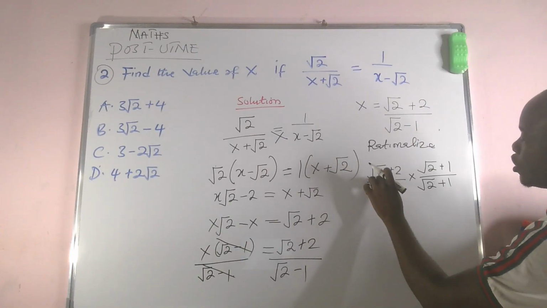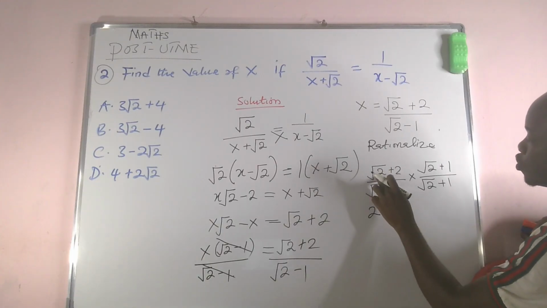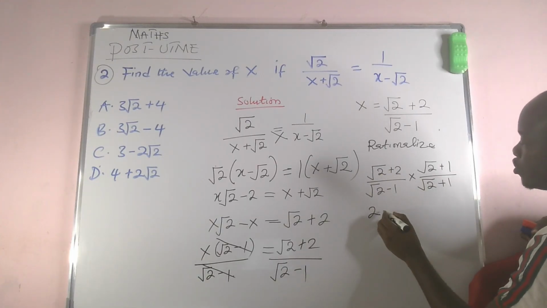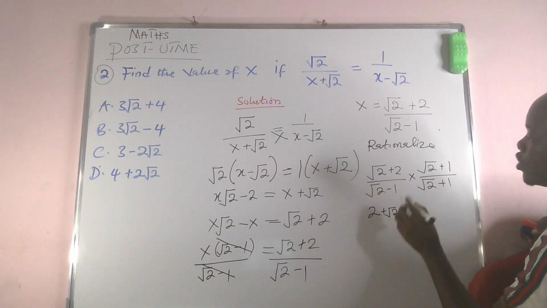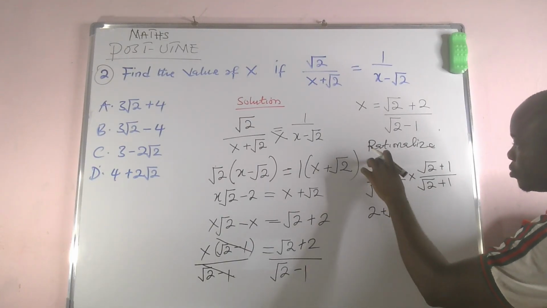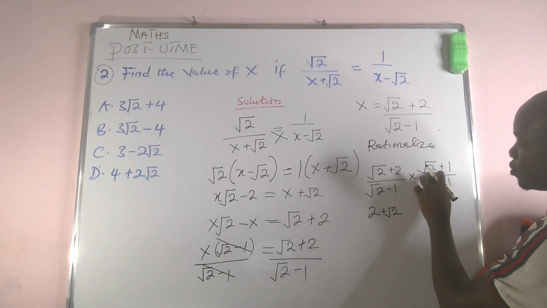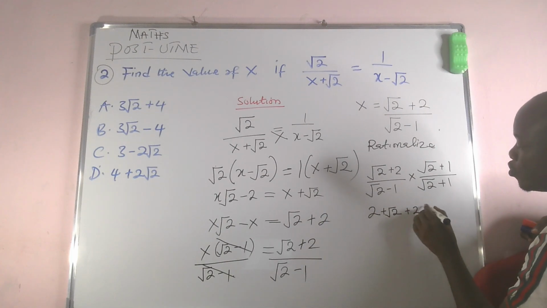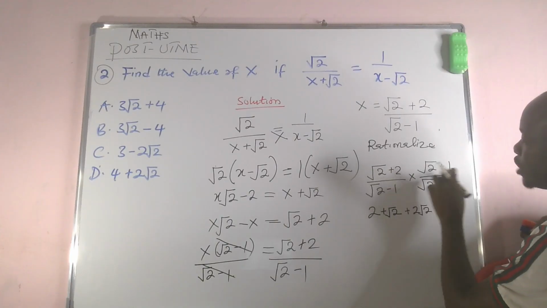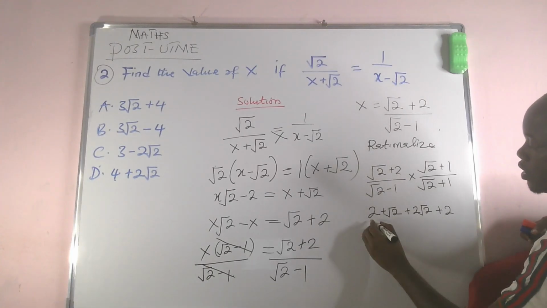We are now going to say root 2 times root 2 is going to give us 2. Root 2 times 1, so is plus. So root 2 times 1, we have root 2. Then we now finish with multiplying this through this. Then the next thing we are now going to take this. So 2 times root 2, we have plus 2 root 2, plus 2 times 1, we have plus 2. Then divided by